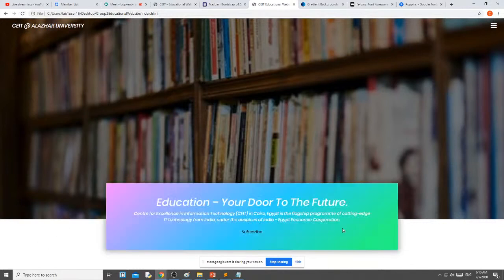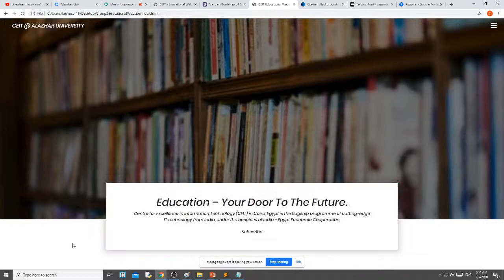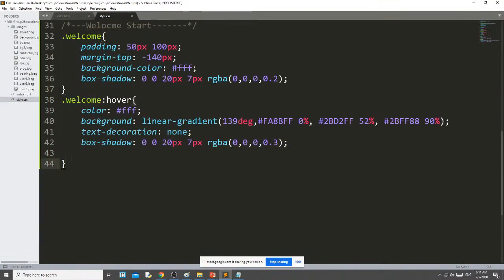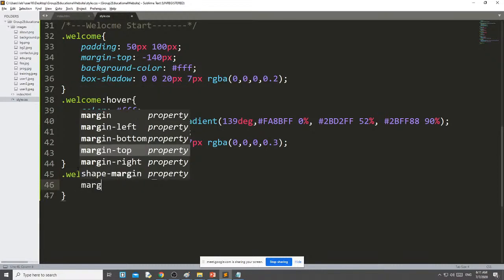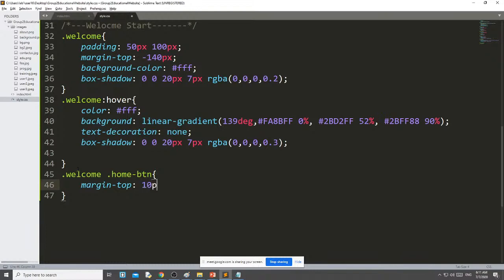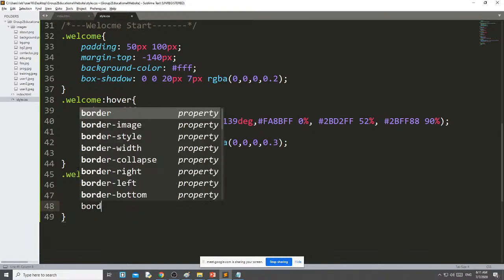Okay, now the last thing we will see is how to design this button. Now for the button, .welcome. Why am I using dot? Because I am accessing the class. .home-button. For this I want margin-top 10 pixels, then padding 10 pixels 30 pixels, 10 pixels from top and bottom and 30 pixels from right and left. Border radius,